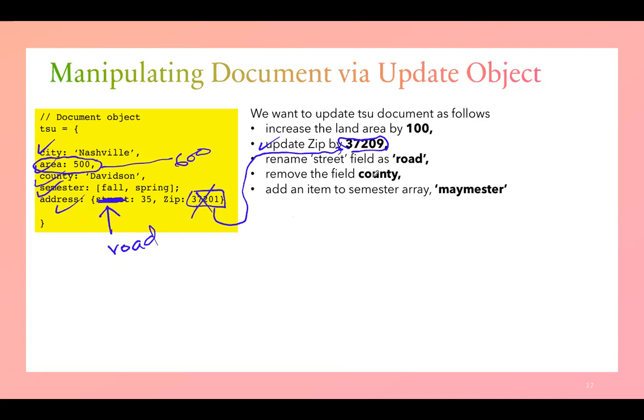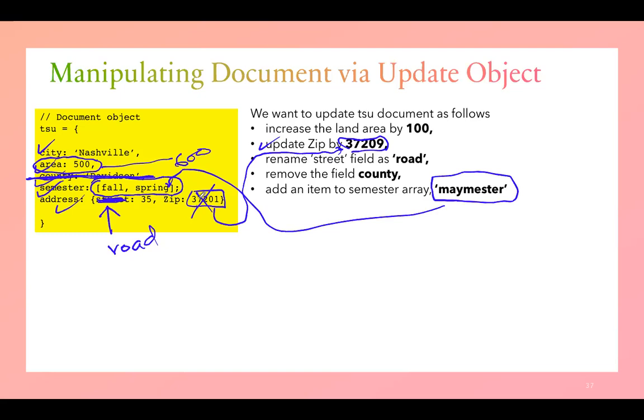How would you remove the field county? So I want to totally remove this field county, okay? And add an item to the semester array. So this is an array. Did you see that? This is an array. And I just want to add an item to the array, which is called Maymester over here. So what I'm going to do, show you